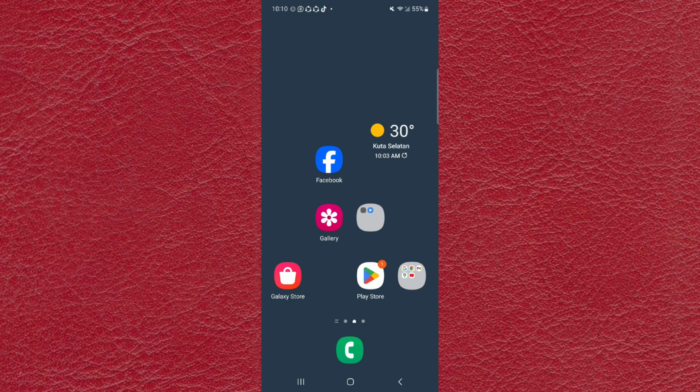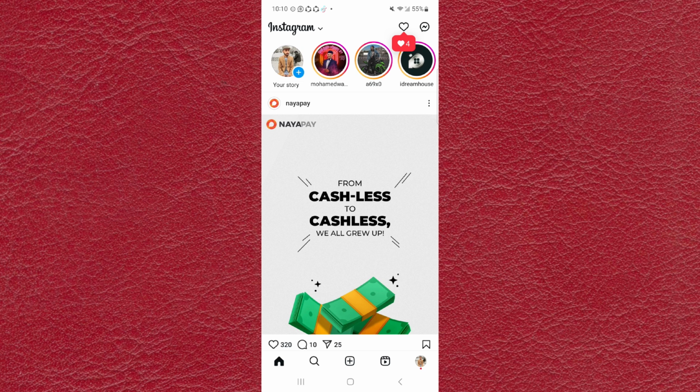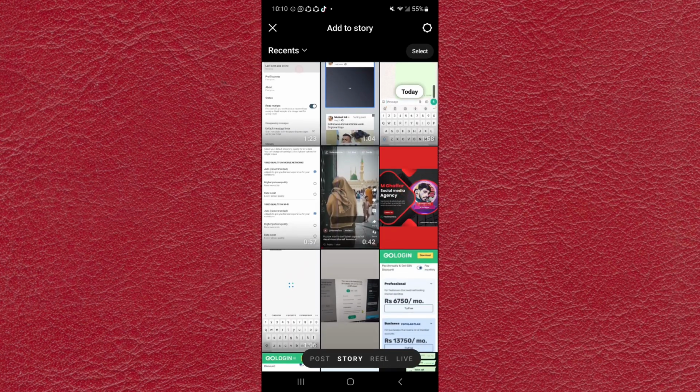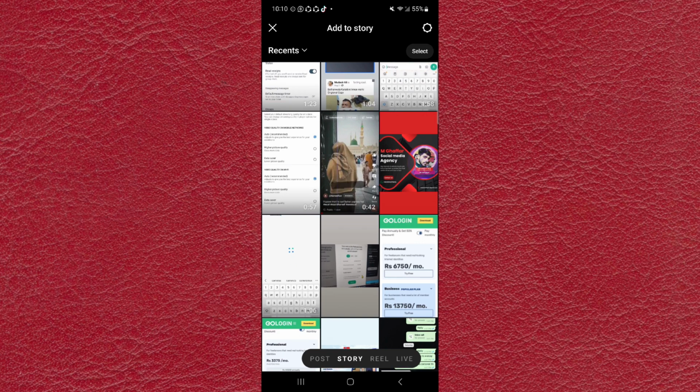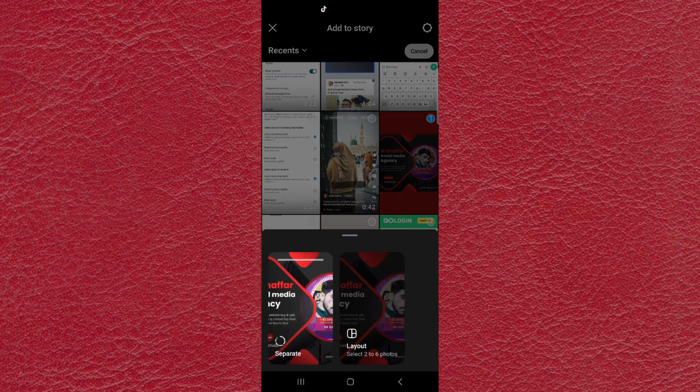So to add multiple photos to Instagram story, first of all open your Instagram app and here you will see your story option, click on it. And from here you have to select the photos that you want to show on your Instagram story. For example, I want to select this photo, click on next and click on layout,